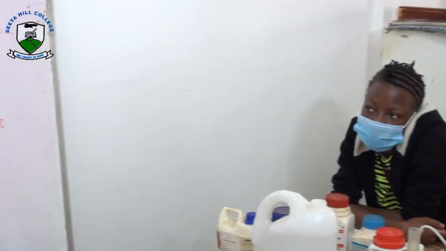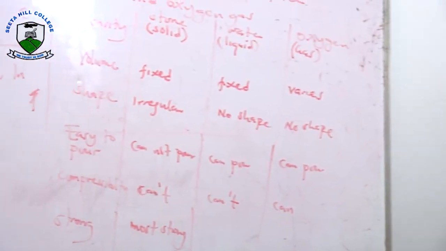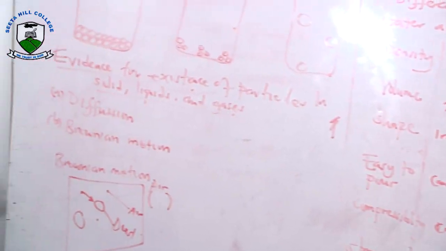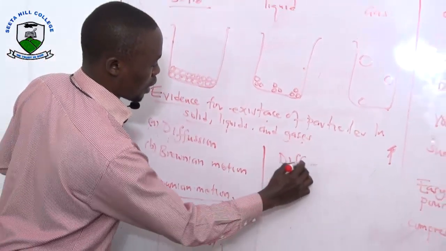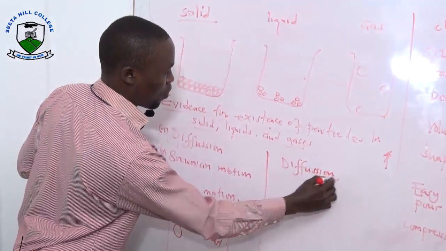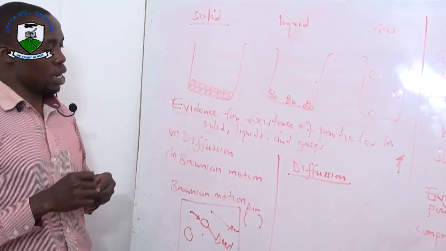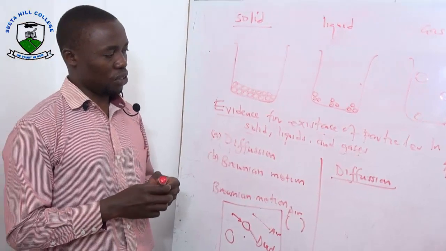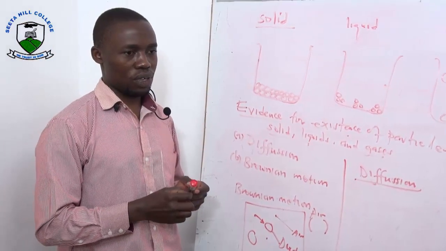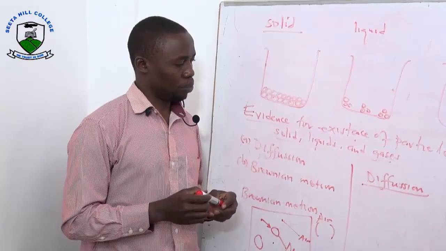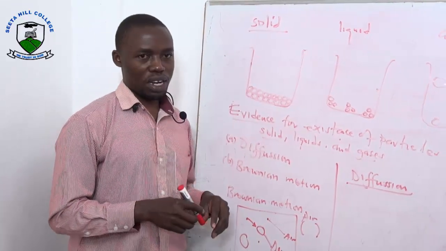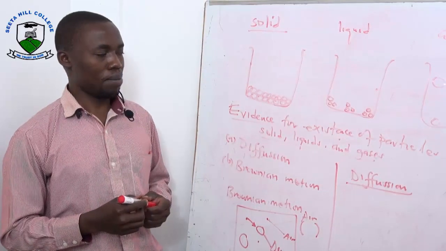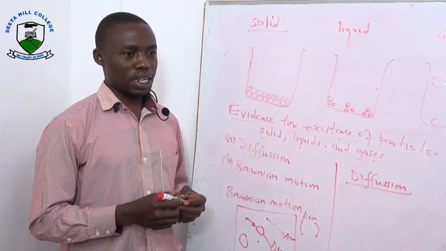The next evidence is diffusion. What is this process that we are calling diffusion? Diffusion. Now, diffusion. We would refer to a simple experiment here of two gases. But before referring to the two experiments here, I would ask you a question,